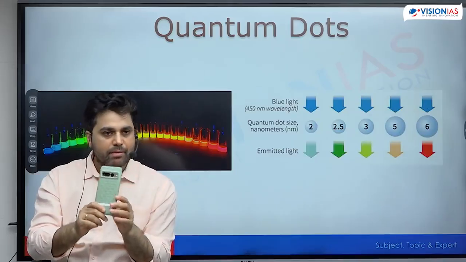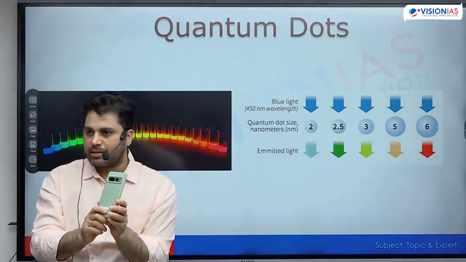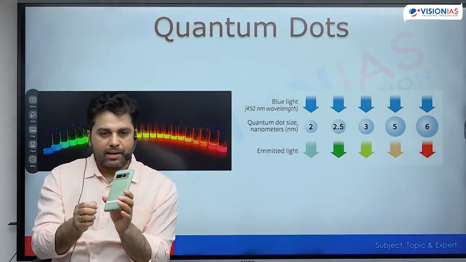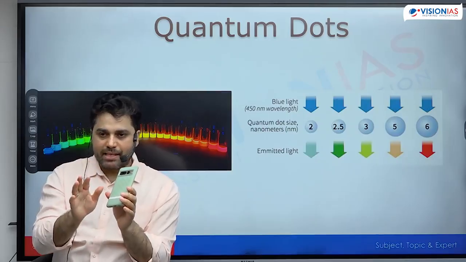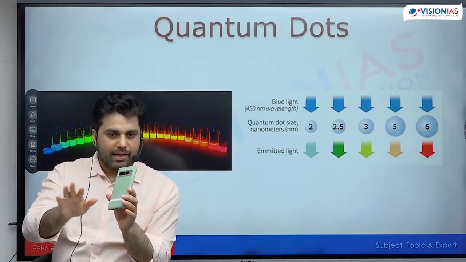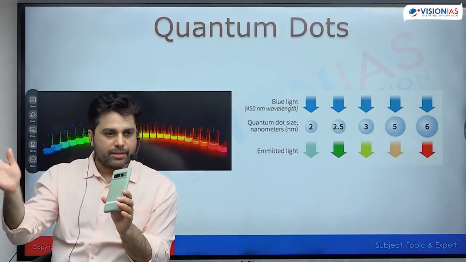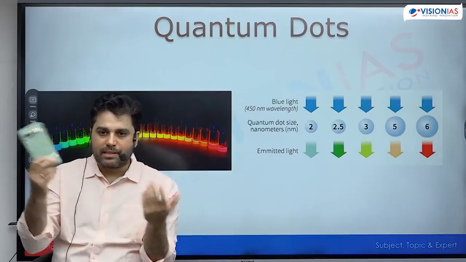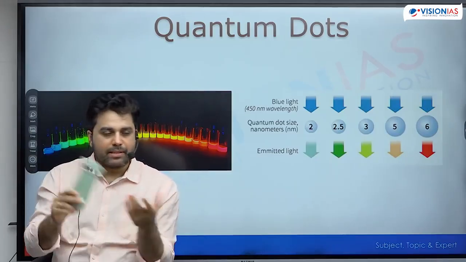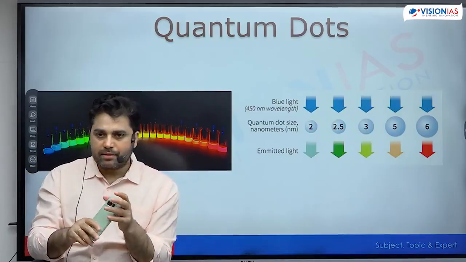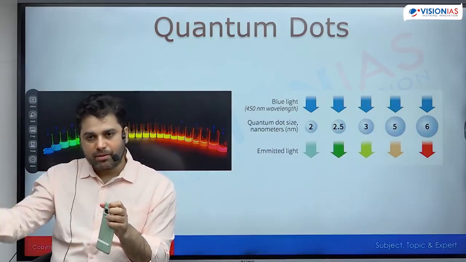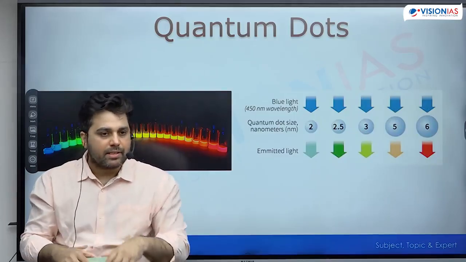Now that is the most important application of nanotechnology in electronics, that I can make very small transistors, and I can put many transistors even in a very small area, and I can do a lot of simultaneous computation, without worrying that my system is not going to function well, that my system is going to hang. This is the biggest application. But there are other applications also, even in something called quantum computing, nanotechnology has applications.